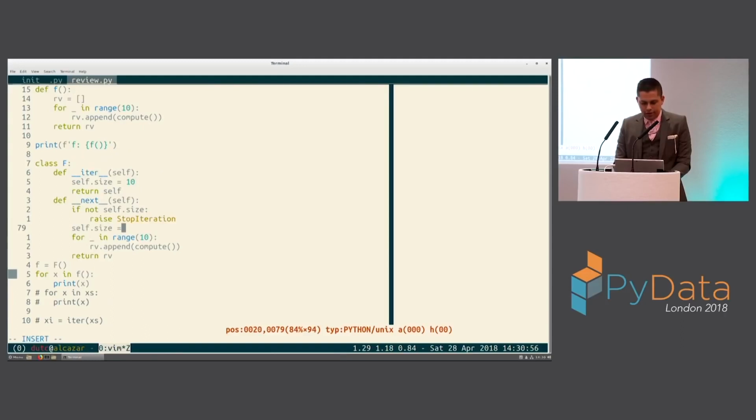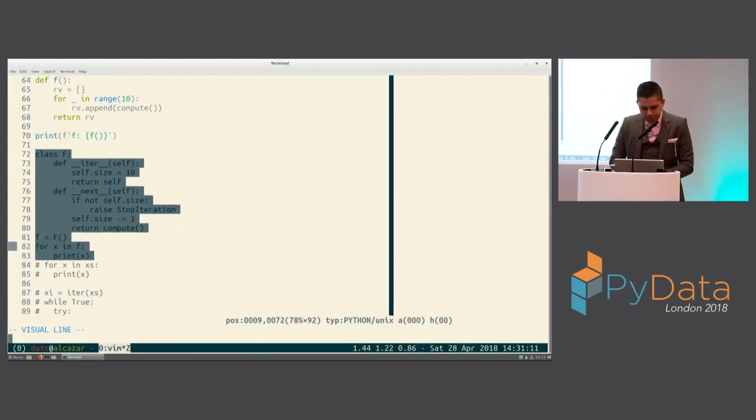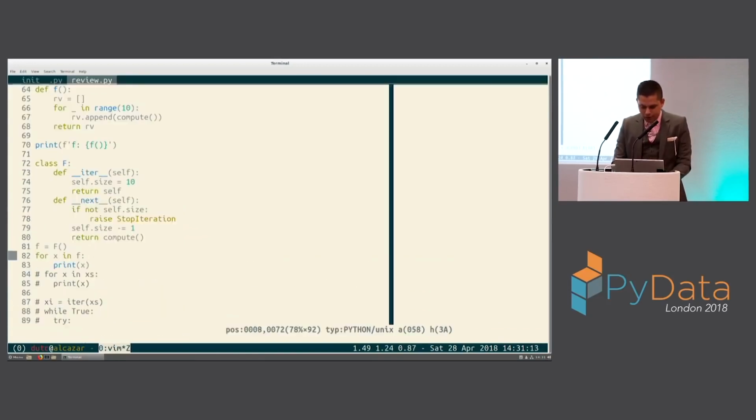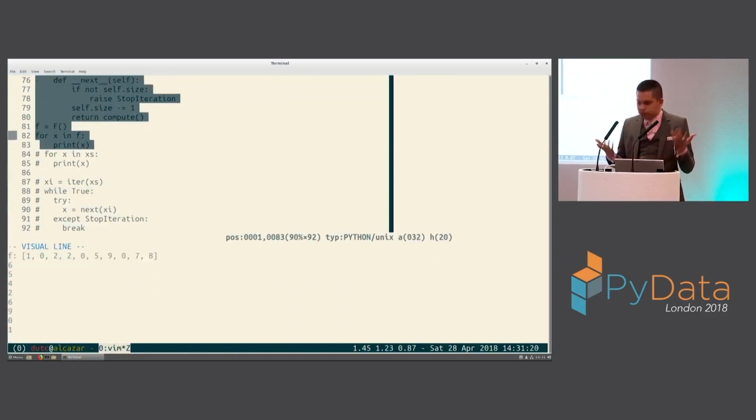Otherwise, decrement self.size, and just return this. And now, if we look at this, and we no longer need these here, we have to go back up to our mark to run everything. We can see it does the same thing.